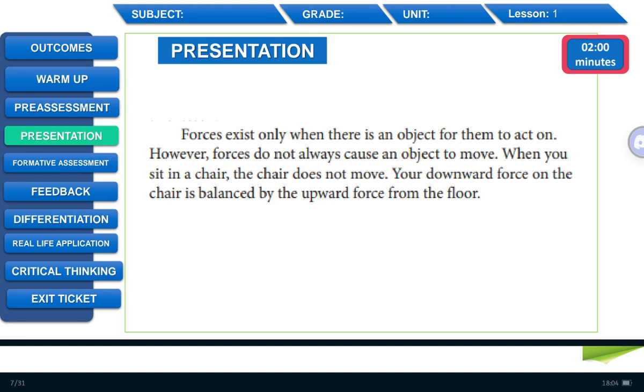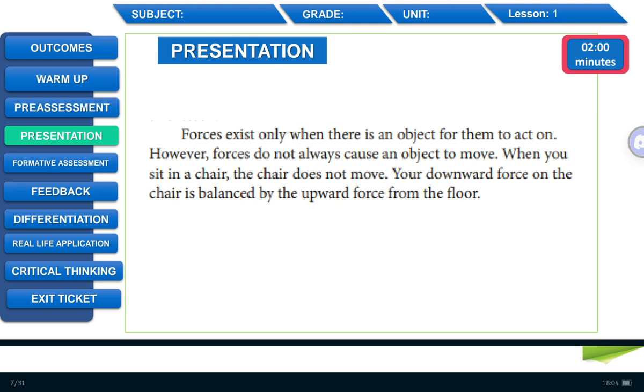Presentation. Forces exist only when there is an object for them to act on. However, forces do not always cause an object to move. When you sit in a chair, the chair does not move. Your downward force on the chair is balanced by the upward force from the floor. That means